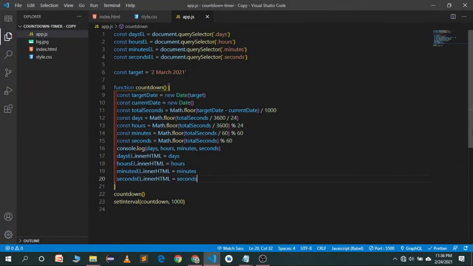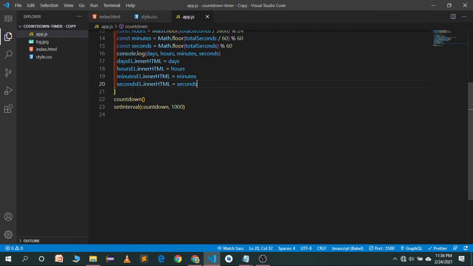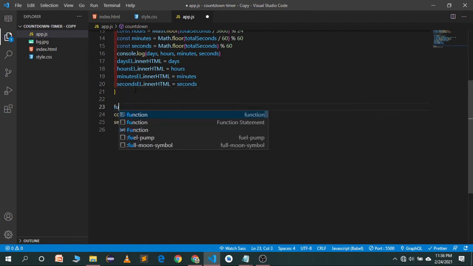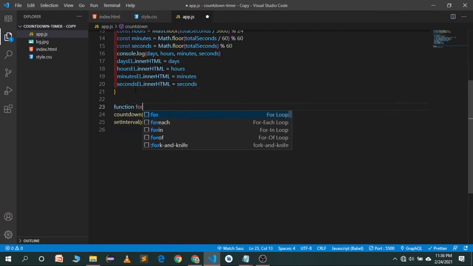We just want another function for formatting, so we'll create a function called formatTime.